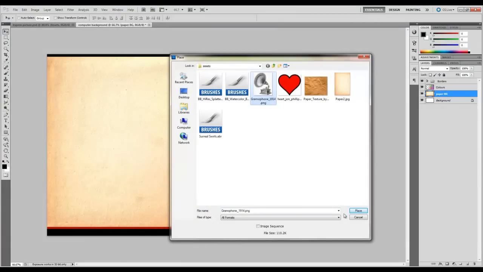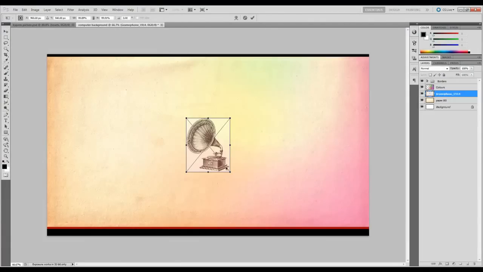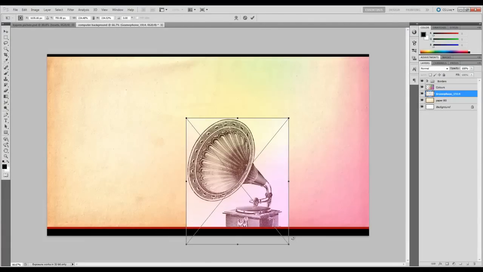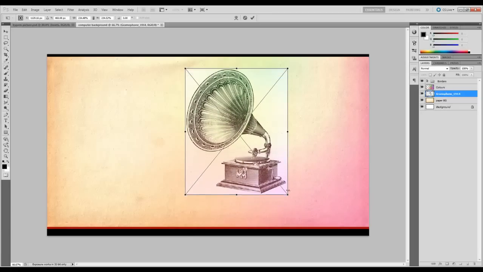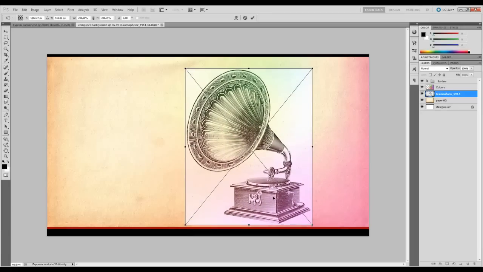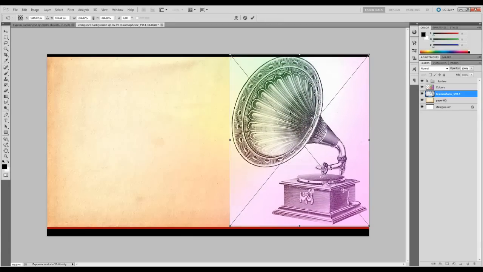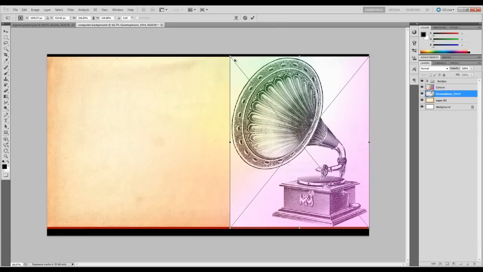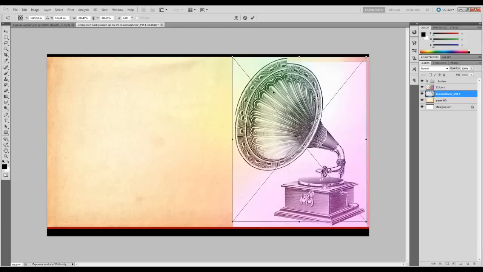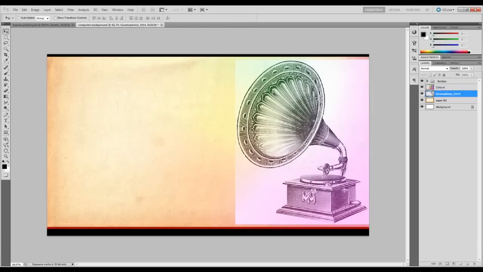So now we're placing in a second image of the gramophone. Resize this so that it fits basically between the two borders. You can make it as big as you want, really, but I like it so that it fits in between. Once you have that, you can press OK, move it above the color layer,